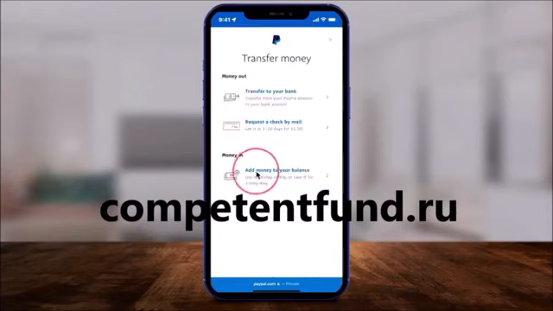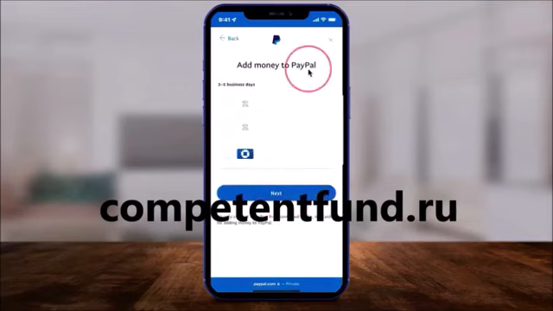If you press transfer money, it says right here, add money to your balance. We don't want to transfer to our bank, this is transferring out. We want to bring money in. Select this option, and here you do need to link at least one bank account because the money does have to come from somewhere. So if you did not do that in the setup process, make sure you do that right now, and then select that account.